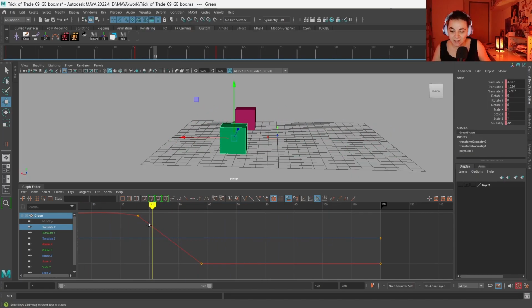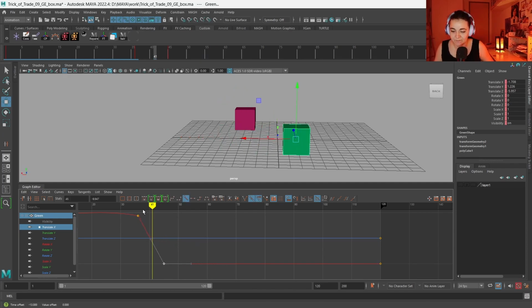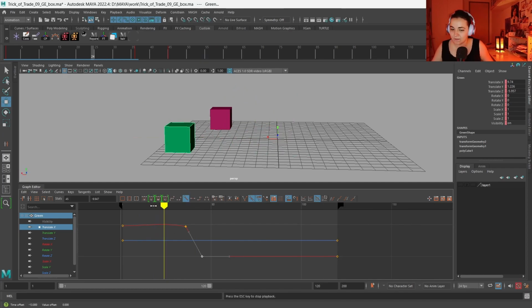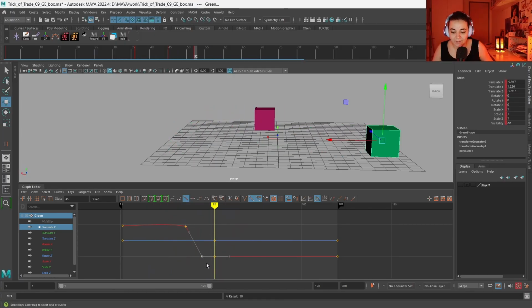This is just the straight key, as much spacing as it can make linearly in this timing. So if you want something to go faster, change the timing. So let's go like this. Boom. Nice. And if you wanted to have the object slowing down again here, you can just bring that key